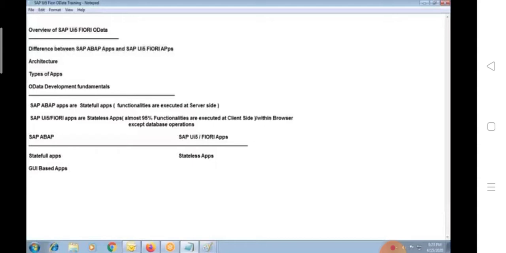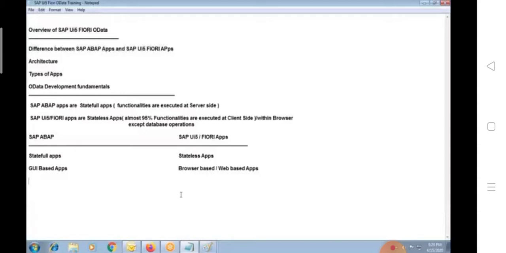They are purely GUI-based screens. But in case of UI5 Fiori, all the screens will be browser-based, or you can call it web-based applications.